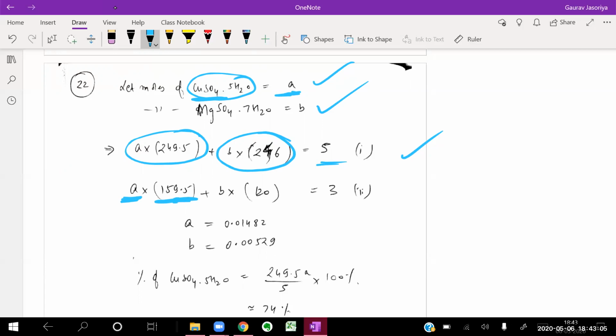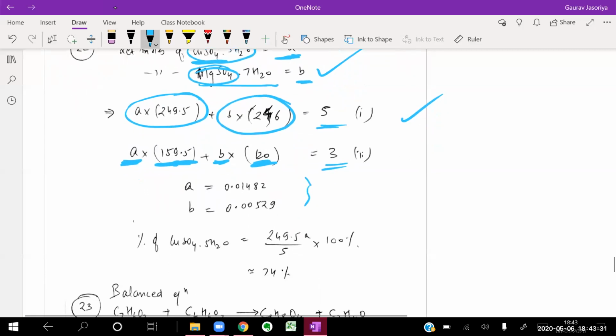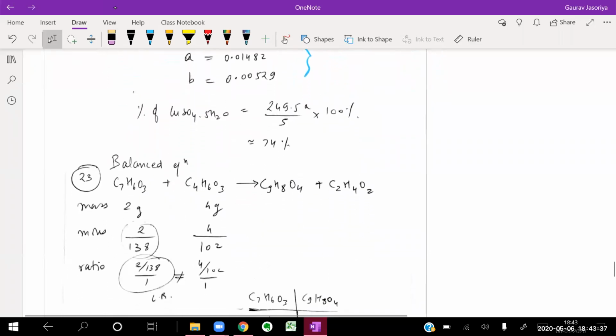ठीक है, वाटर हटा दिया यहाँ पर क्योंकि अभी इवेपोरेशन हो गया था। सिमिलरली अगर MgSO4.7H2O के मोल्स b हैं तो उसमें जो MgSO4 वाला पार्ट है उसके भी मोल्स b हैं और उसके मॉलिक्यूलर वेट से मल्टीप्लाई करोगे तो ये रेसिड्यू का मास आपको मिल जाएगा विच इज 3। तो दो इक्वेशन दो वेरिएबल हैं। ठीक है, बोलने के लिए अच्छा है दो इक्वेशन दो वेरिएबल, बट सॉल्व करने में मुझे भी टाइम लगा। I have not shown the calculation here, I did not want to waste the effort here, ये मैंने अलग से कर लिया and directly यहाँ पे आंसर लिख दिया, but it took some time and not a good piece of calculation।